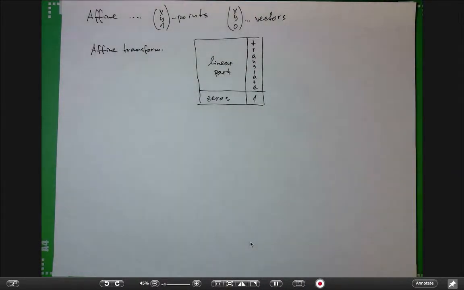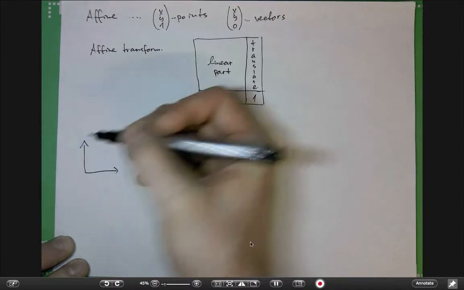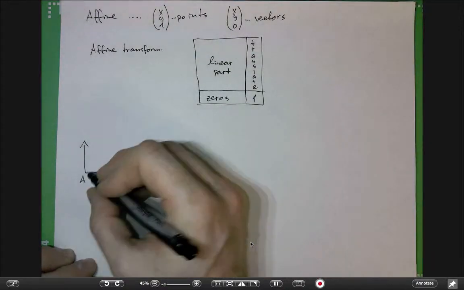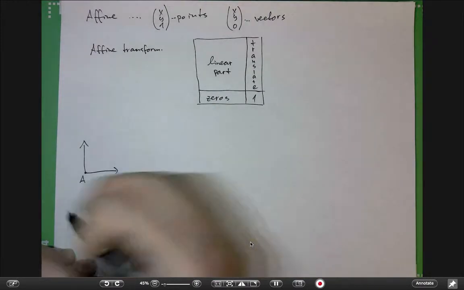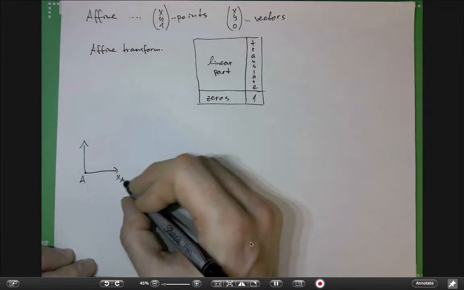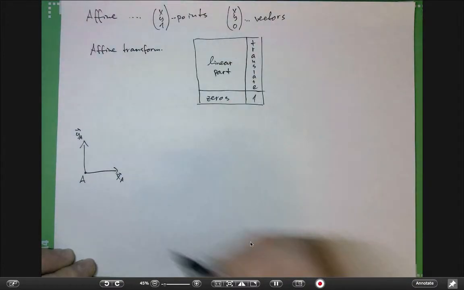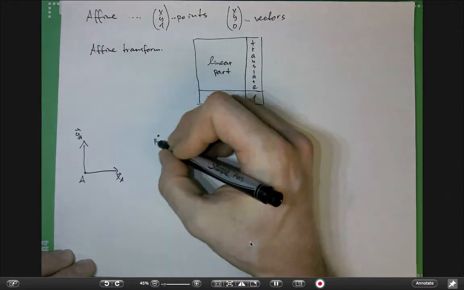So let's do an example, similar to what we did for the linear space. Instead of bases in affine spaces, I have coordinate systems, which are bases with a reference point, right? So for my basis A, I will call the reference point just A, and I still have some basis vectors X_A and Y_A, and I will pick a different coordinate system here. This point will be called B,